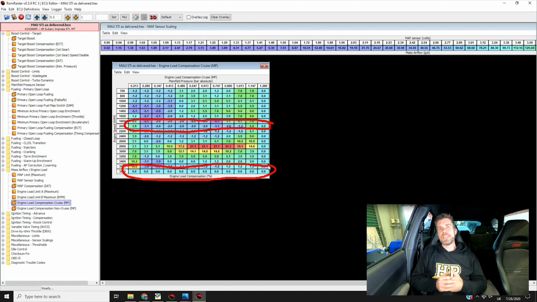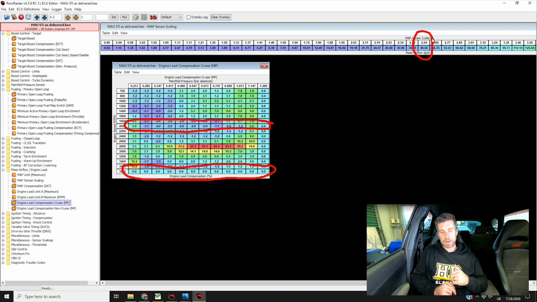So what I like to do is gather data at 2000 RPM, then gather data at 3800, 4000 RPM, and then we're skirting around the main area where we see problems in that table. So basically what I'm getting at here is, if we scan some data at 2.5 volts mass airflow sensor voltage at 2000 RPM, and our air fuel correction is essentially 0, and we do exactly the same at 3800 RPM, and we've still got essentially 0 short-term and long-term fuel trim activity, then once we've done that, we've got our mass airflow sensor scale.